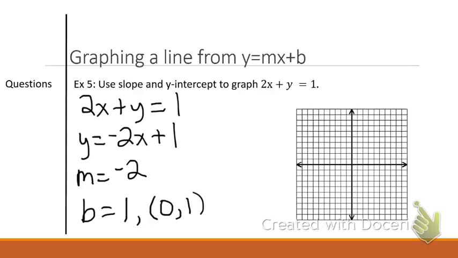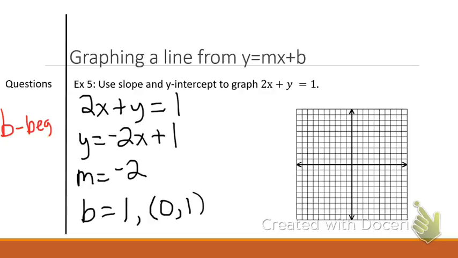Now, same song, different verse. I'm going to plot the y-intercept first. The way I like to remember it is like this: the y-intercept is b, so when I graph, b is where I begin. So I'll show you what you should be doing at home. In this column over here, I will write b,